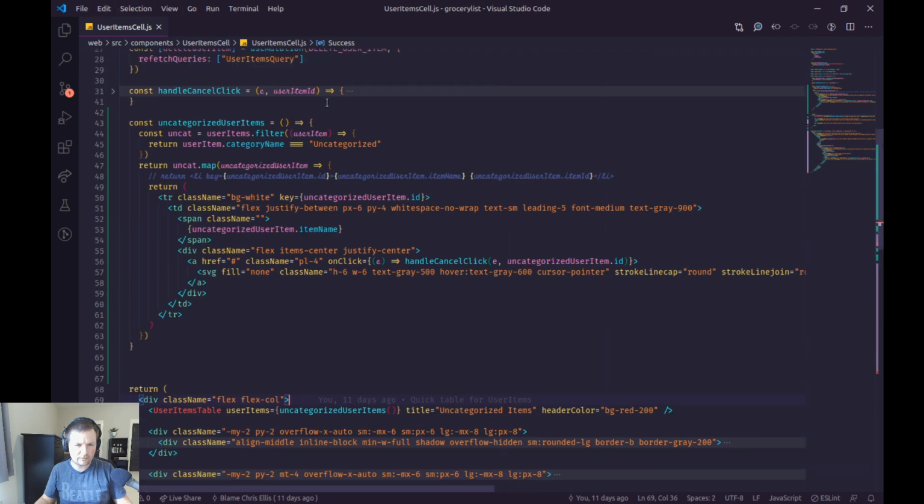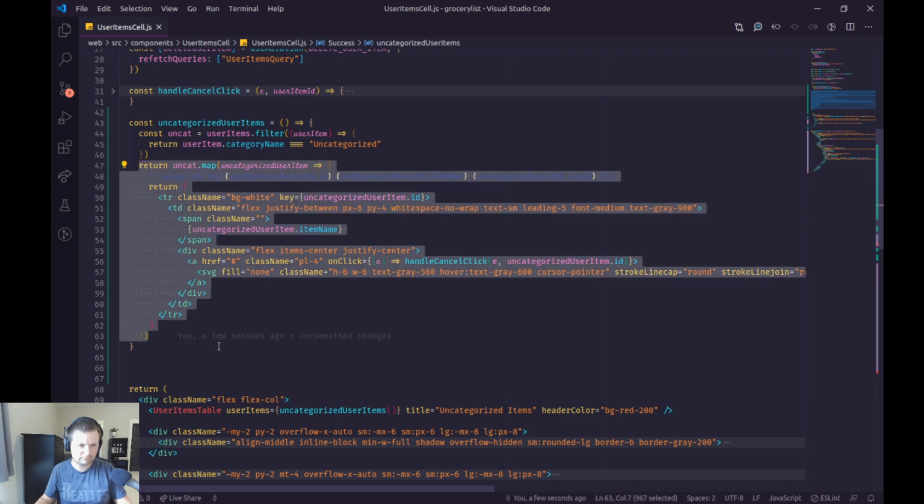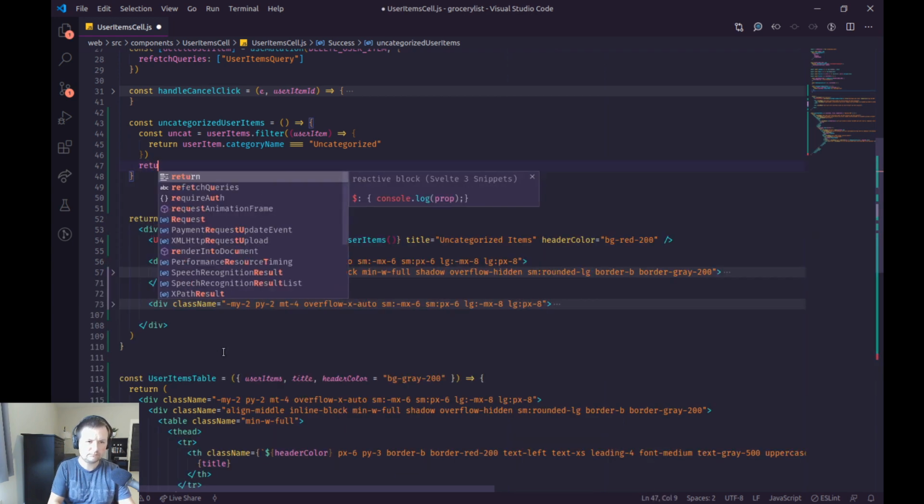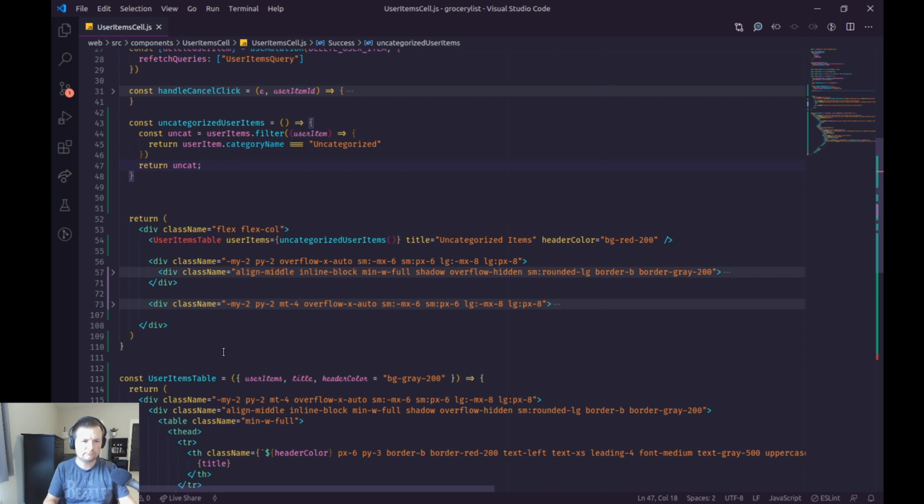But now uncategorized items doesn't need to return anything to display. It needs to return this uncapped. Let's look at the